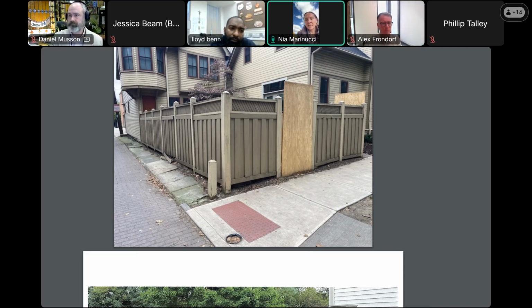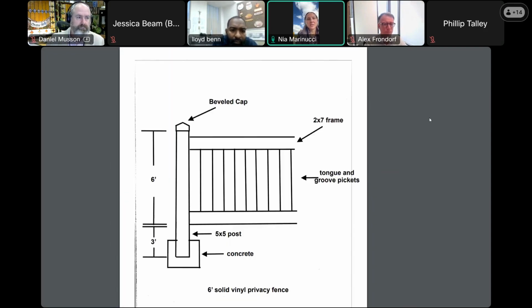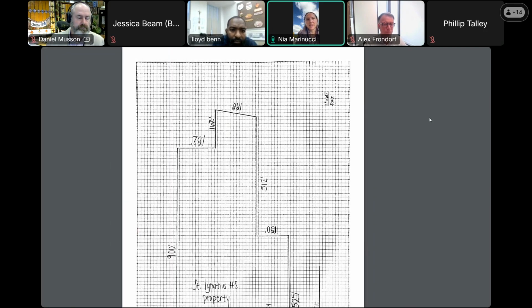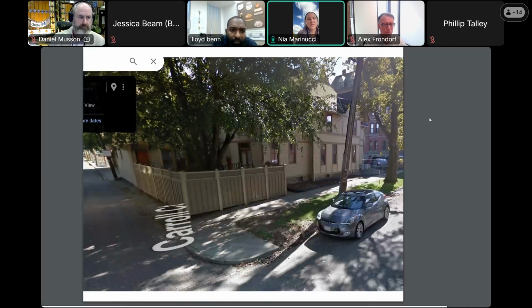Obviously, whether or not they get granted a variance is kind of out of our hands, but I'm personally okay with the 6-foot height as it's an existing condition. They're effectively replacing what is there. I'm also not opposed to the use of vinyl in this application. It seems like an attractive fence and it makes sense. Again, just replacing what's there. So I would be in support of this from a design standpoint.